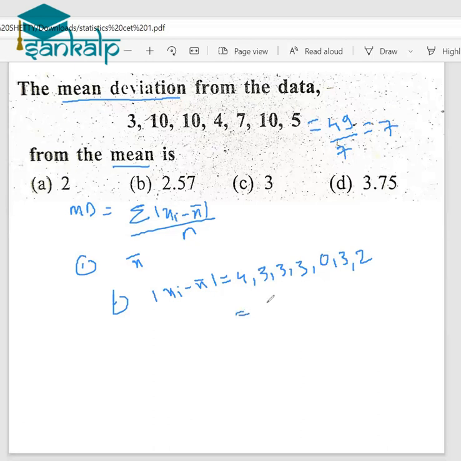On taking the sum of these deviations, the result is 18, and 18 divided by 7 gives the answer 2.57. So option B is the right option. Okay. Next,